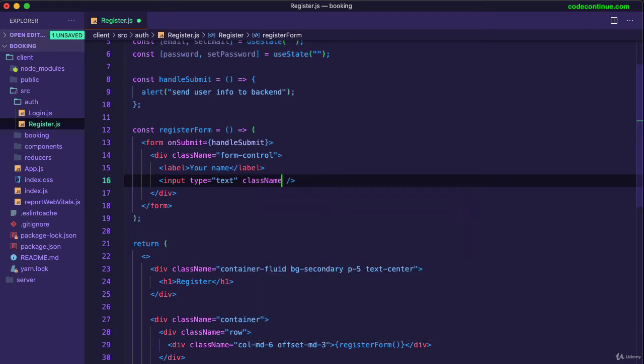and class name. It's going to be form control. Oh sorry, this one has to be, the div has to be form group, and this one is form control. And then placeholder, also we can give placeholder. Let's write enter name